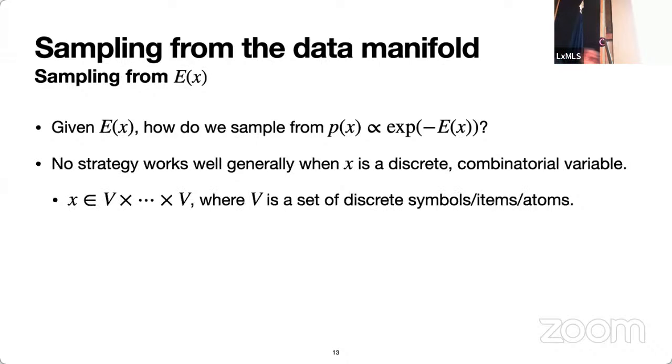Unfortunately, none of these strategies tends to work well when X is discrete and combinatorial. The space of X is so large, and there is no inherent or natural metric structure that we can use in order to build an efficient sampler. What do I mean by that? There's no natural metric we can use, in that every point in this discrete combinatorial space tends to be pretty much equidistant from all the others.